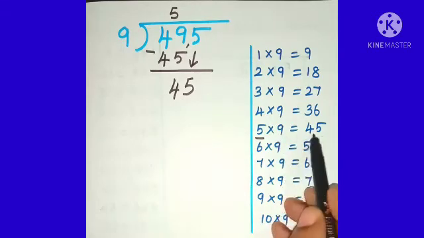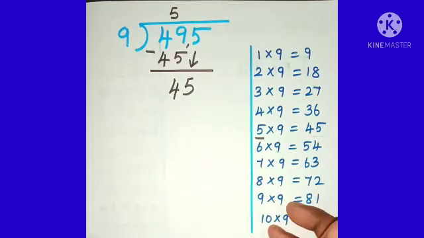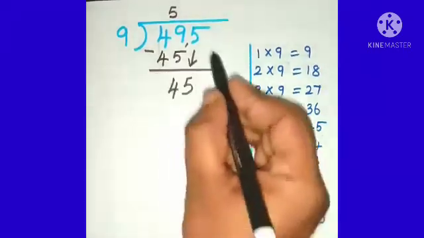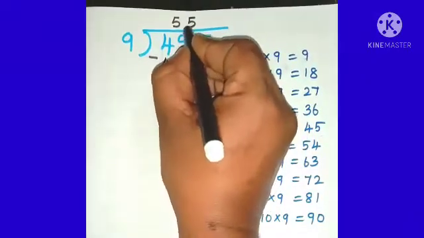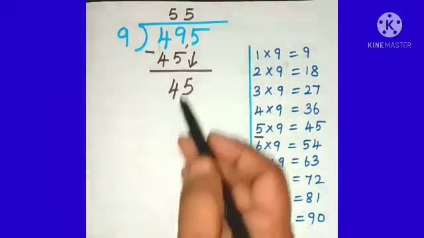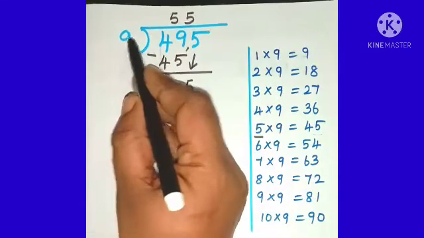That is, 45 is divisible by 9 exactly. Thus 5 is the quotient. Write 5 in the quotient place above the long division bar, and 5 nines are